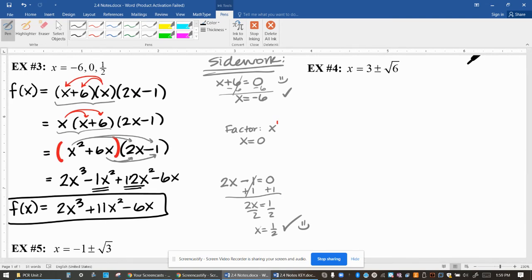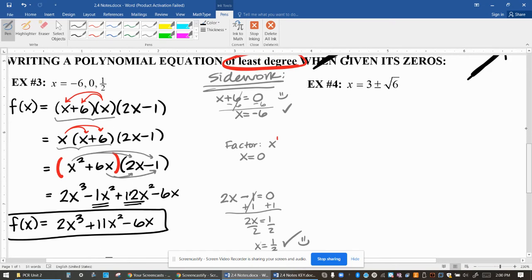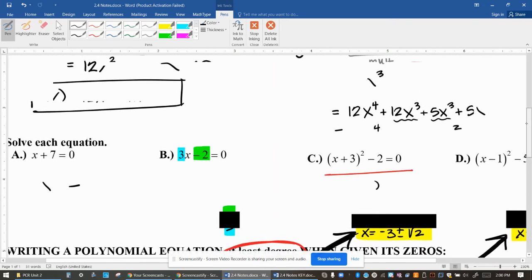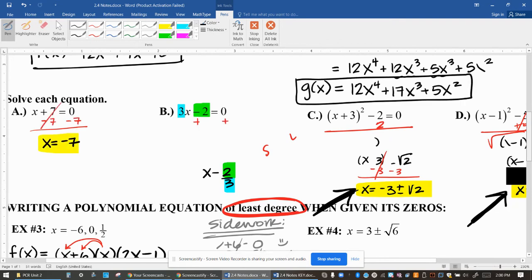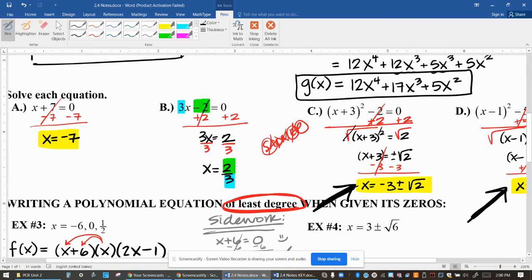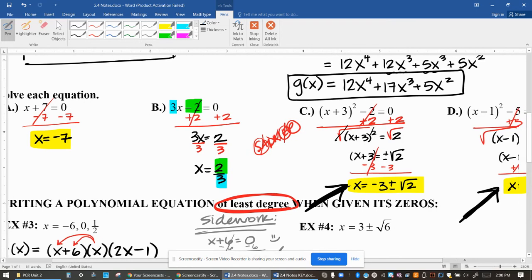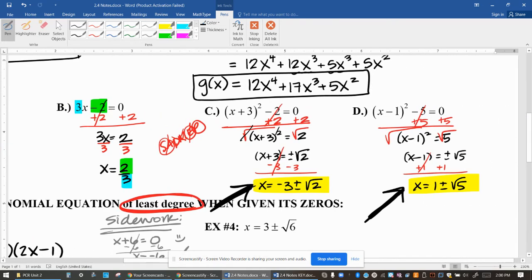Now, if you think back to examples C and D, right, that were written in vertex form, all of those answers gave us a number plus or minus a radical. So -3 plus or minus root 2 and 1 plus or minus root 5. Now, what kind of pattern can we notice from there? Well, the number that ends up in the root,